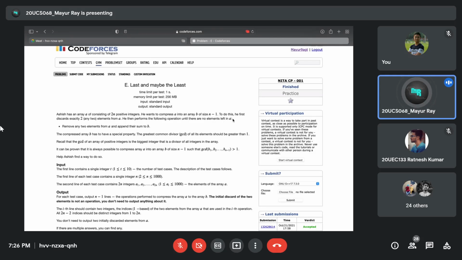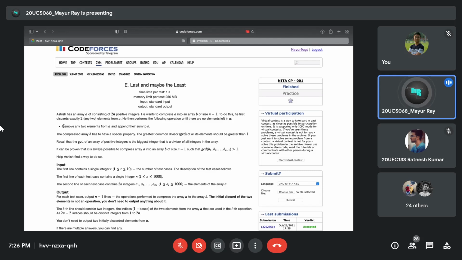So for this, what will he do? To do this, he first discards exactly 2 elements from A. That is, he will delete any 2 elements from the initial array. Then after deleting 2 elements, there will be 2n minus 2 elements still remaining. For the remaining elements, what will he do?